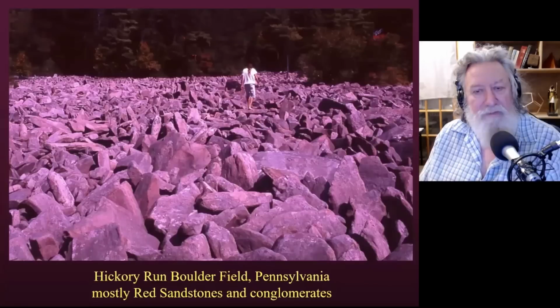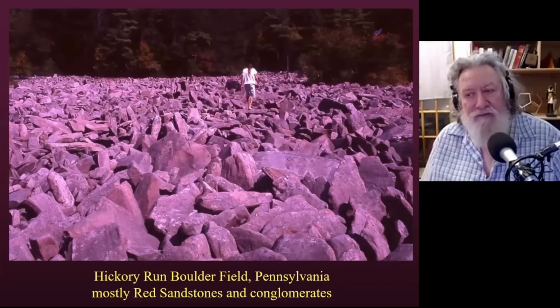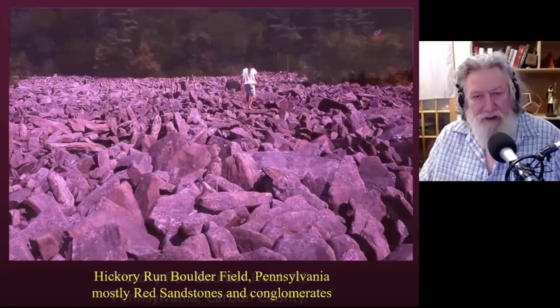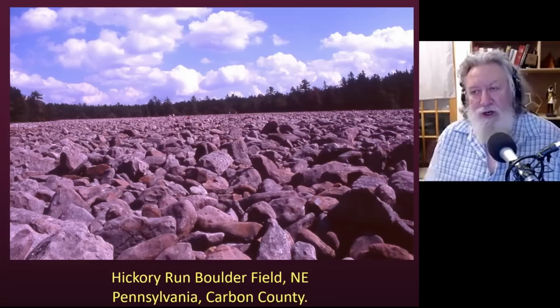soil in the area. And one of the things interesting about the Hickory Run is, you'll notice here that as you go from the top end of the flow to the bottom end, the rocks, this is the top end of the flow. Look at how sharp and jagged the rocks are here compared to when you get a couple of, 300-400 yards farther down. All right. So here's the upper end of the boulder field, and there's further down, maybe 300-400 yards farther down. And as you get to the lower end, you see that the rocks are rounder and smoother. Yes. And so I think right there, that's a direct indication of transport, and could also be used as a